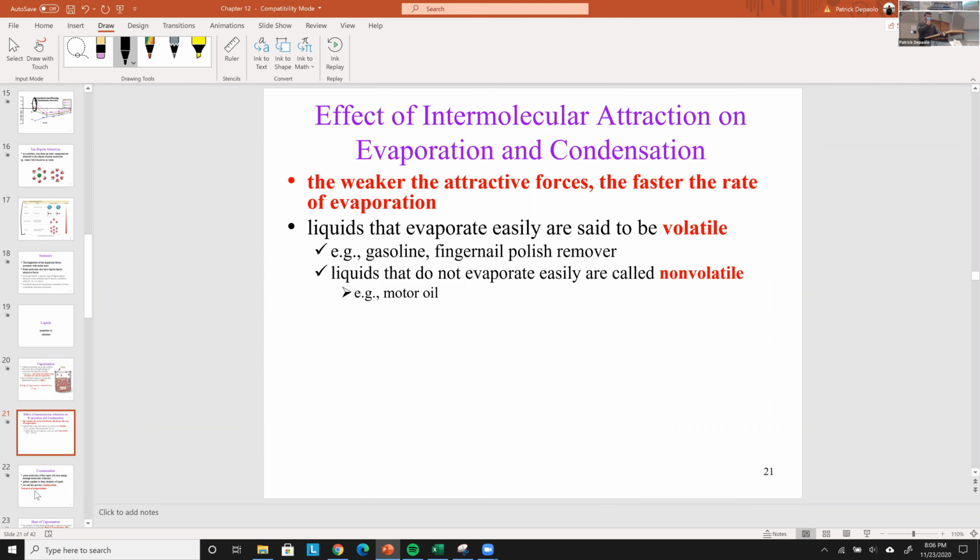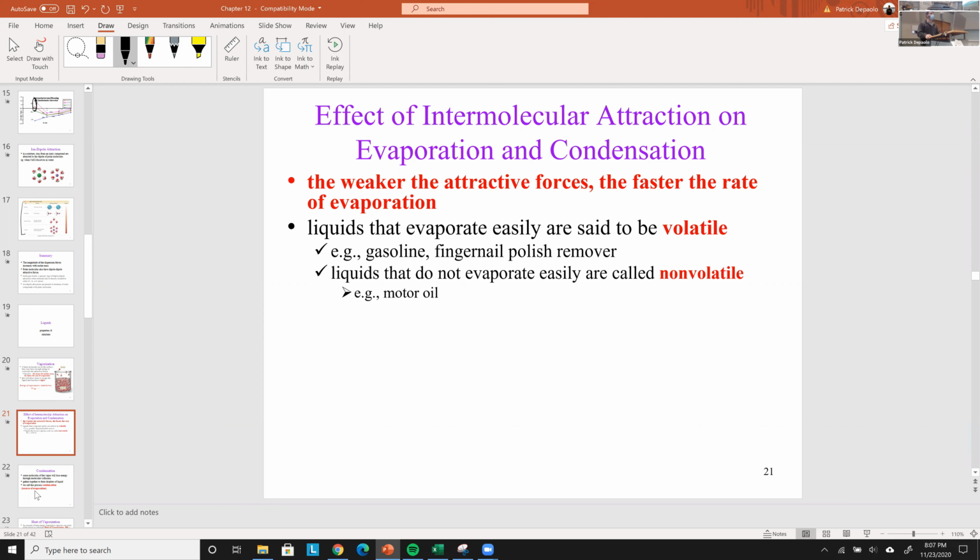Now we're going to talk about some associations, and this makes sense based on what we just said. The weaker the attractive forces, the faster the rate of evaporation. So water has pretty strong attractive forces, right? Hydrogen bonds. It takes a really long time for it to evaporate because it takes a long time for neighboring molecules in the air to break those intermolecular forces of the water, in comparison to something like